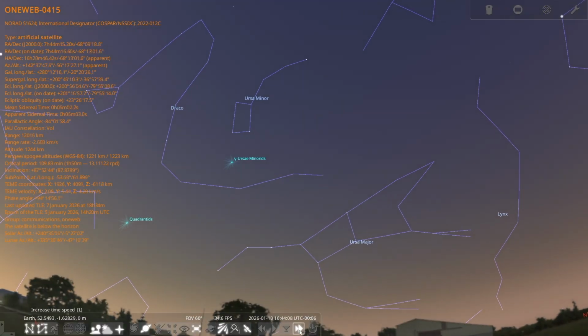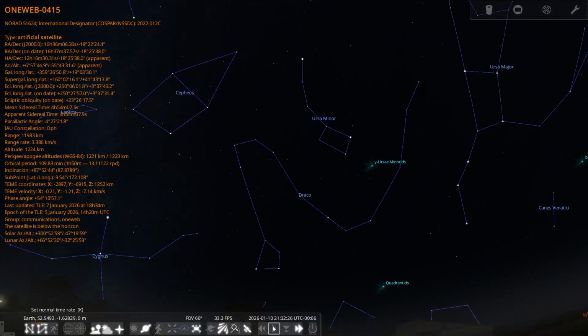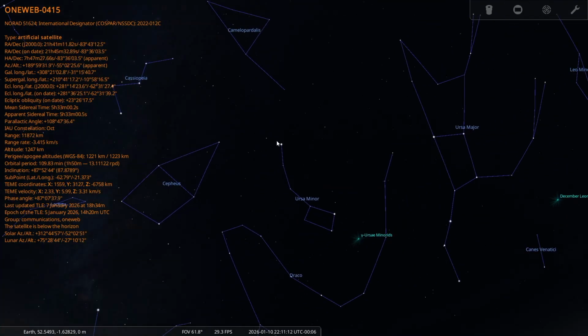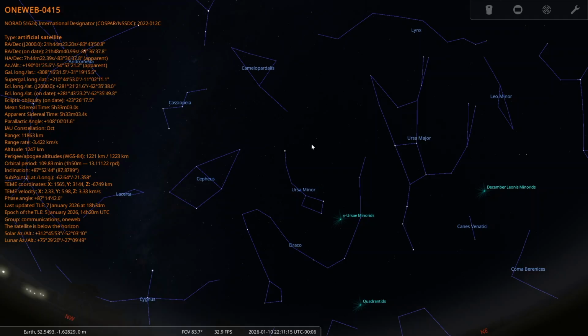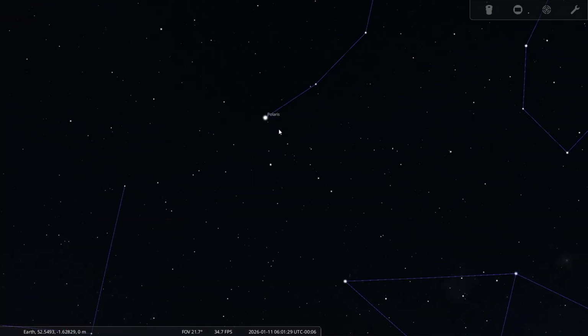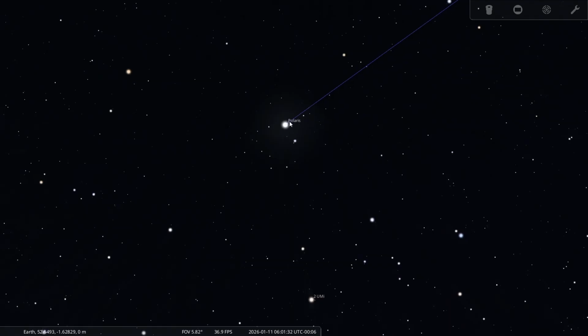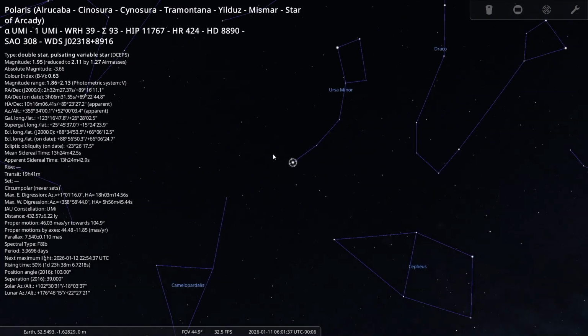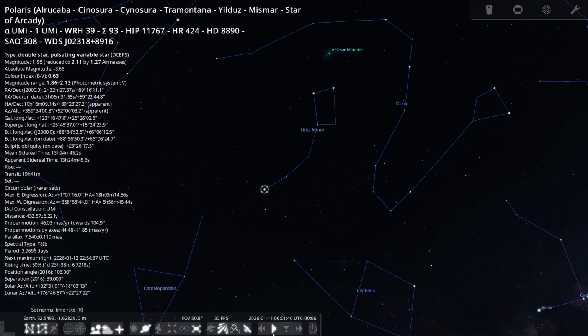So here, this is where the rotational axis of your tracking mount needs to be pointing in order to do a polar alignment. And in the Northern Hemisphere, the best reference we can use is Polaris, or the North Star, as a reference to do polar alignment. And to find where Polaris is,